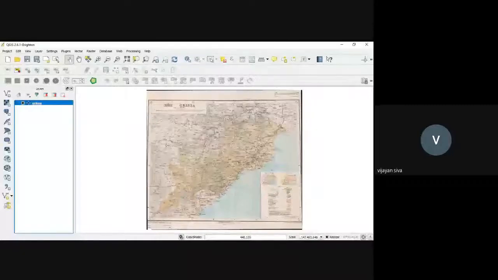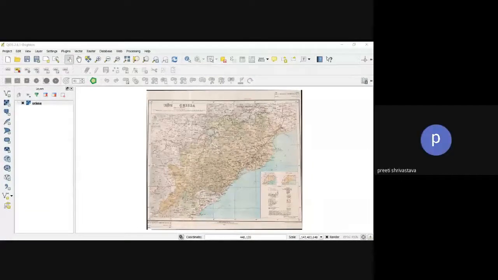Sir, from the beginning, I am not able to download the map image. In version 3.14.16. Please let us know, sir, because I have tried many times. I am not able to input the map. Sorry for interrupting. Even I am having the same problem. We are not able to add the map.